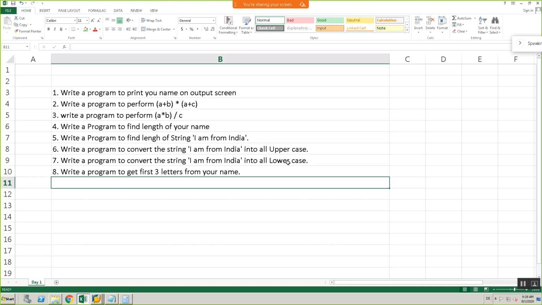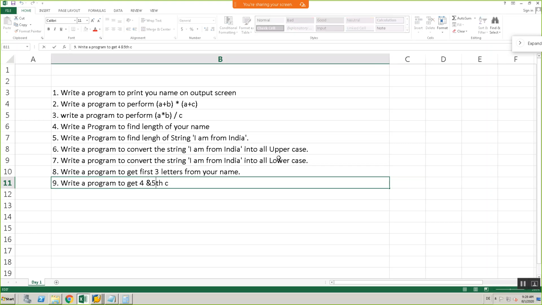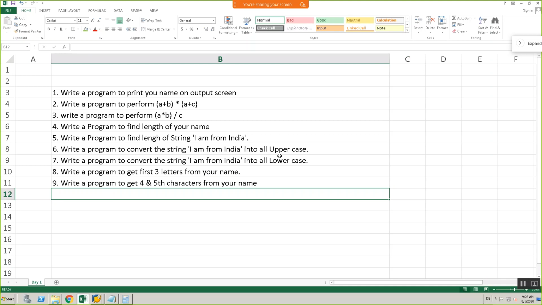Write a program to get the 4th and 5th characters from your name. So this is on it.